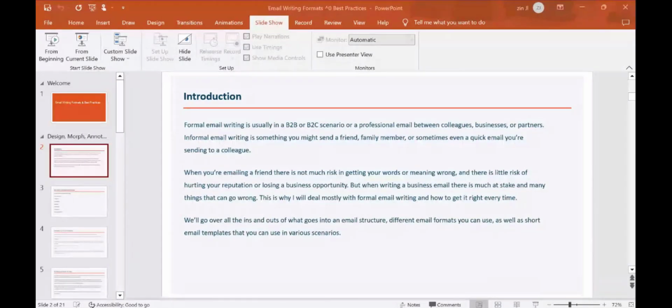So it comes through time. You have to keep practicing writing these emails. You have to do a lot of reading so that you get your grammar and vocabulary all okay. But this is what I'm trying to get at: as long as the format and everything is good, the other things, in terms of your English and spellings, you've got so many different things right now that assist you, like spell check, and you get that little line underneath if there's a grammar problem. All those things can be taken care of, as long as we get the structure right. So we'll just go over a few ins and outs and what goes into an email structure. And I'll show you a few sample emails at the end of the presentation as well.